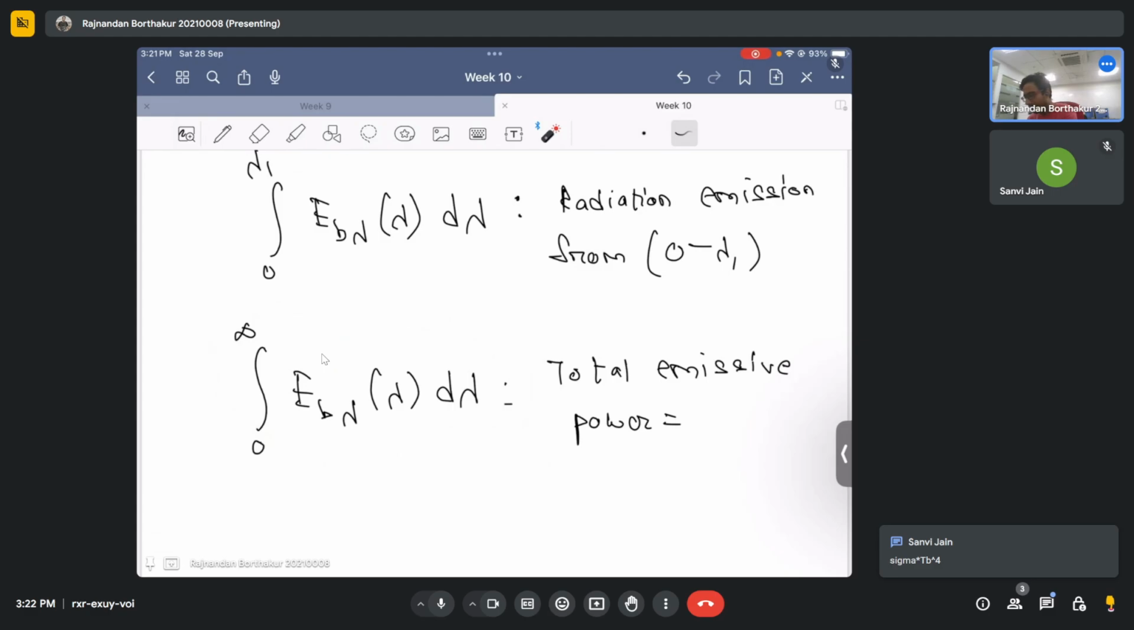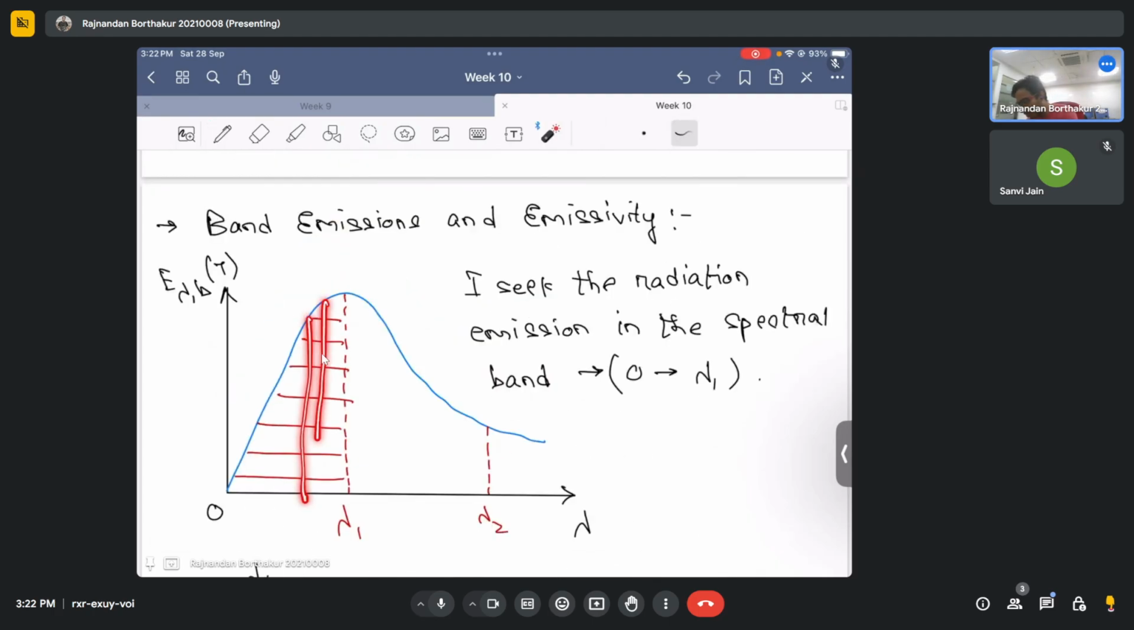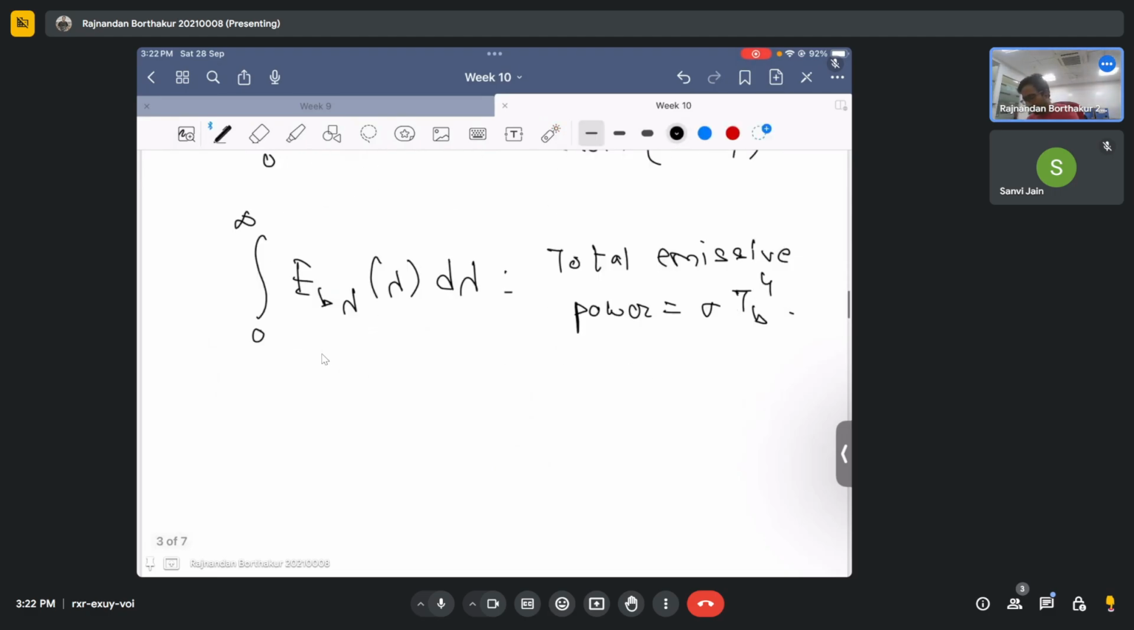Exactly, it leads to the Stefan-Boltzmann law, sigma times the temperature of the black body raised to the power 4. It's obvious, because the total emissive power of a black body is sigma times the fourth power of its temperature. If I take the spectral emissive power and integrate it along the entire band of wavelength, it gives the total emissive power, which means I can define a fraction, f 0 to lambda 1, the fraction of emissive power in the band 0 to lambda 1,